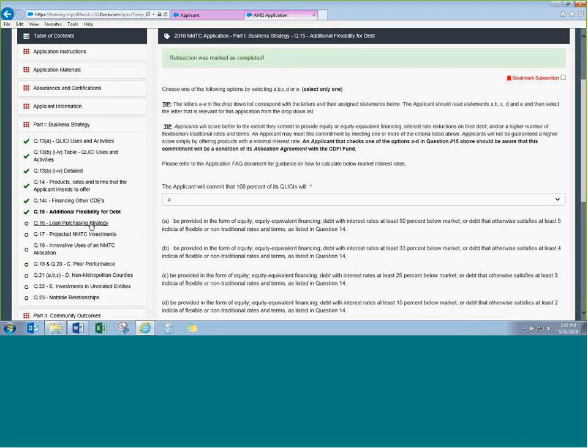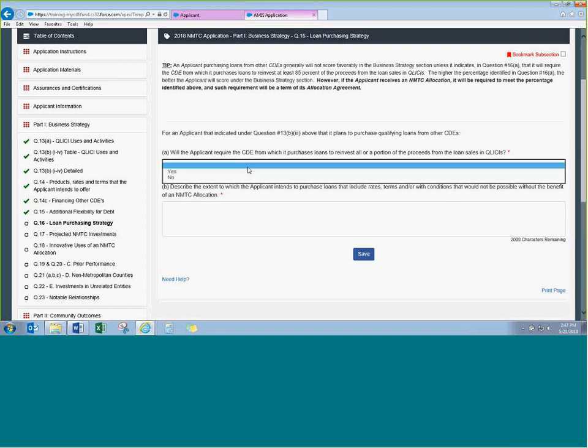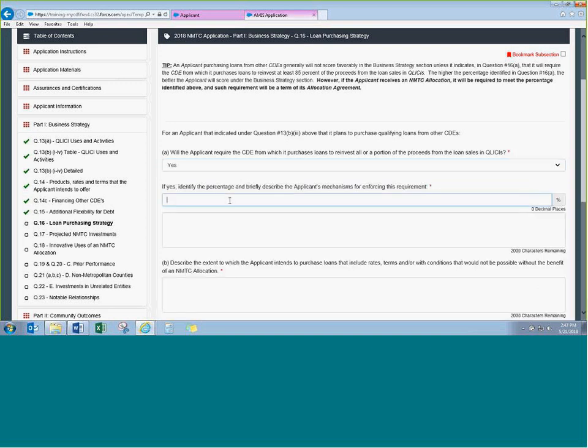Moving to question 16, loan purchasing strategy. This subsection will only require a response if you entered a percentage greater than 0 in the table for 13B3. You can click this section and